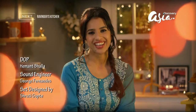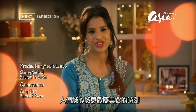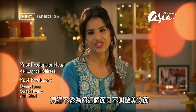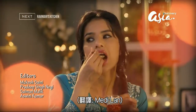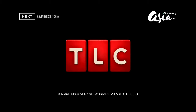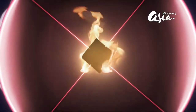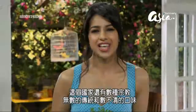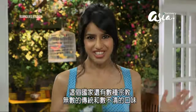Whatever your religious persuasion, it's clear that Diwali is a time for unshakable devotion to food. It's a wonder that it isn't called the Festival of Food. Umpteen traditions and an untold number of